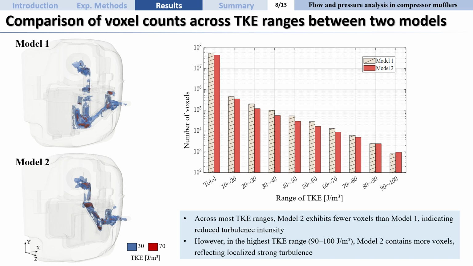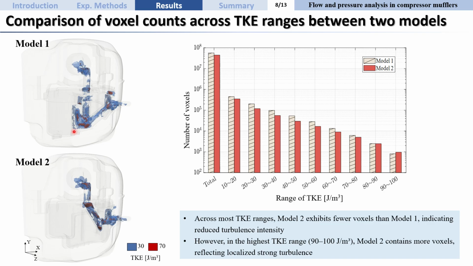Now, let's see the TK isosurface results. For both models, high TK is observed near the inlet and at the final 90-degree band near the outlet. For Model 1, a large TK region is formed in the lower left cavity, which is driven by the large-scale